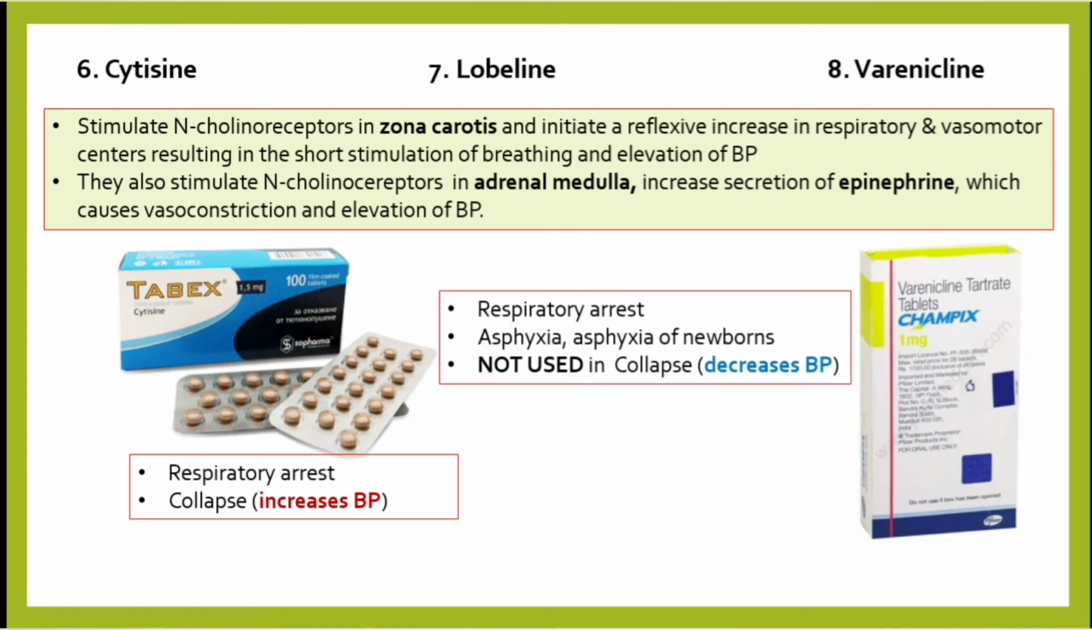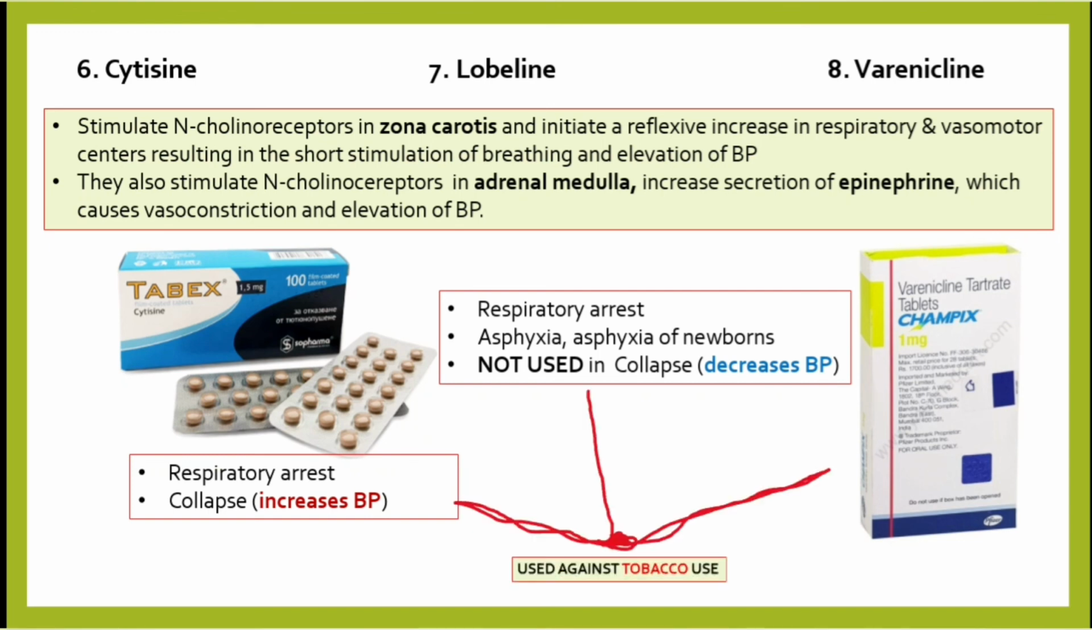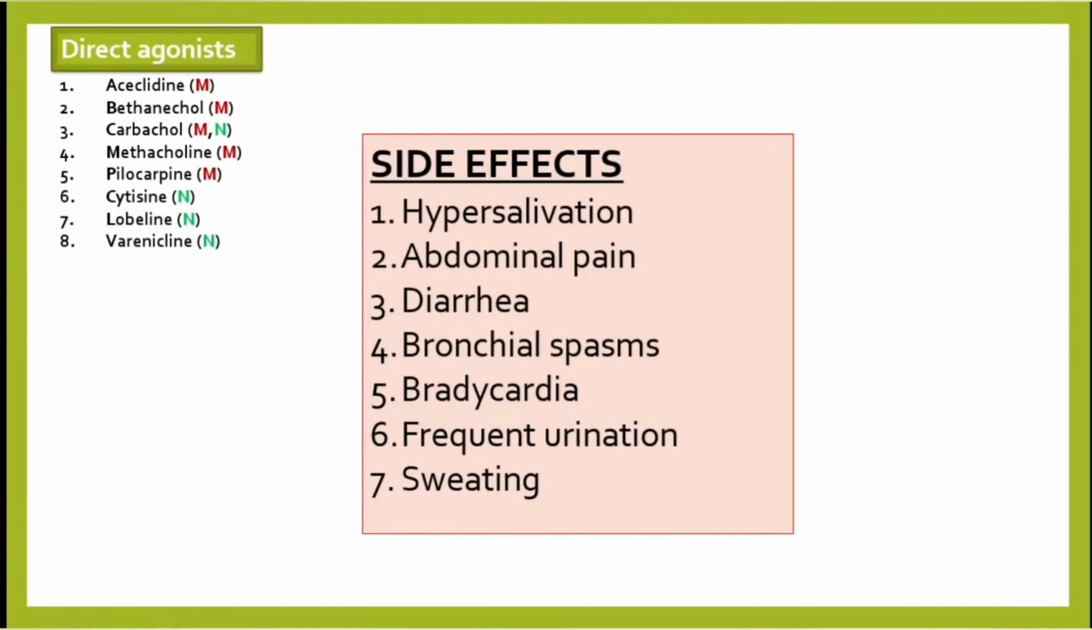Lobeline, we use it in respiratory arrest. We can also use it in asphyxia in newborns, but we do not use it in collapse because it causes a transient decrease in blood pressure. Varenicline, all of these drugs are used in tobacco users, against tobacco use or tobacco abuse. These are the main side effects of these drugs: hypersalivation, abdominal pain, diarrhea, bronchial spasm, bradycardia,